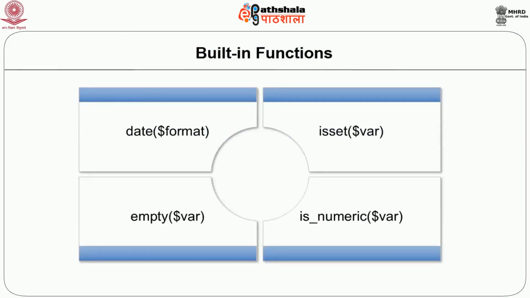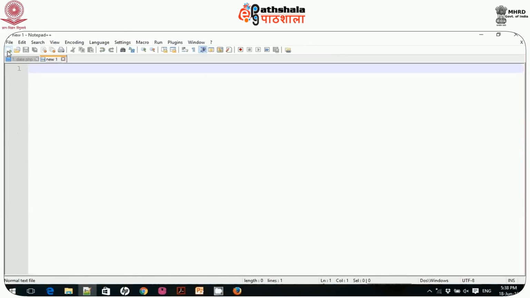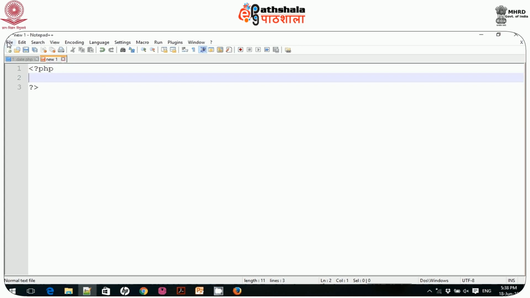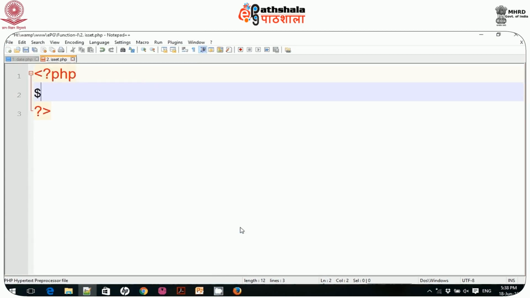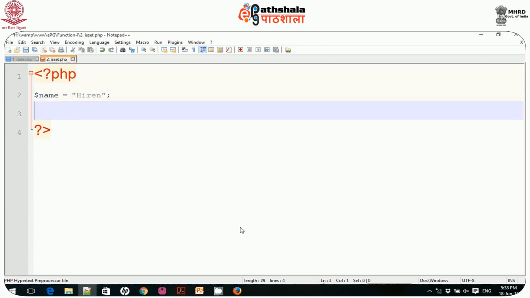One other function is isset, to test whether a variable is set or not. So again I create a new file to test it. Go to the file, save as, and give it the name isset.php. Here I define $name is equal to, let's say, my name I type, and now I would like to check, so I can write if